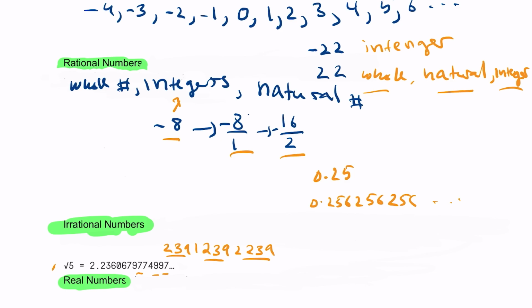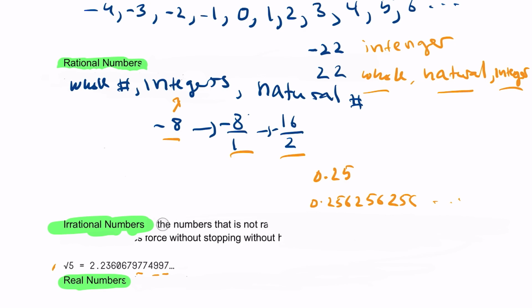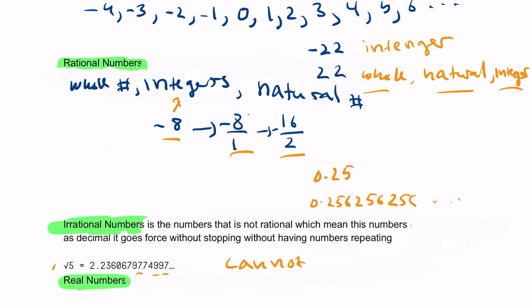So you have something like 977 that looks kind of repeating, but then those numbers will be different, because an irrational number is a number that is not rational, meaning the number is a decimal without stopping, without having numbers that repeat themselves. That's the difference. Rational can be written as a fraction. Irrational cannot be written as a fraction. Cannot. That's the key.